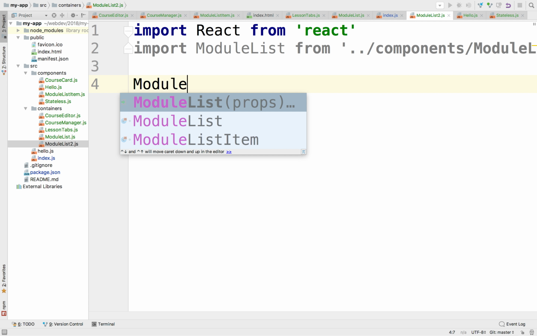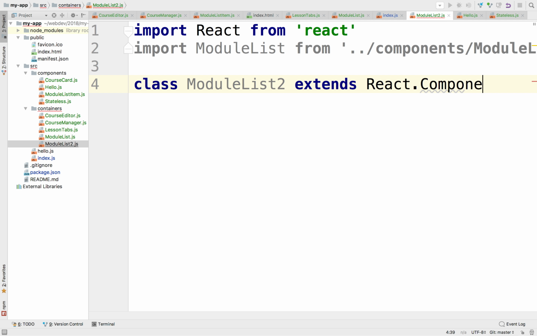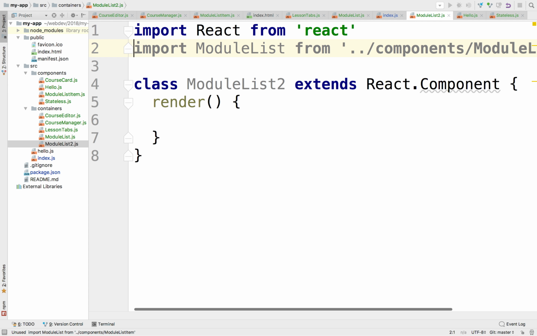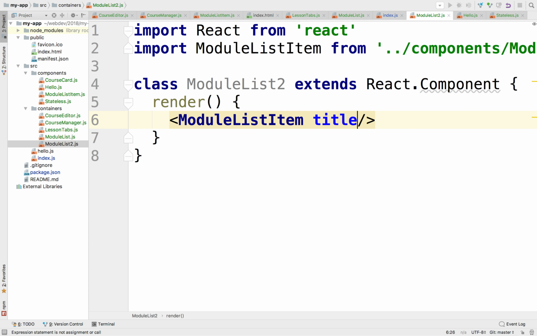We're going to say module list class extends React component, right? That's going to render a whole bunch of module list items, right? So let's import that module list item. Okay, and it's going to render here module list item, and the title is going to be